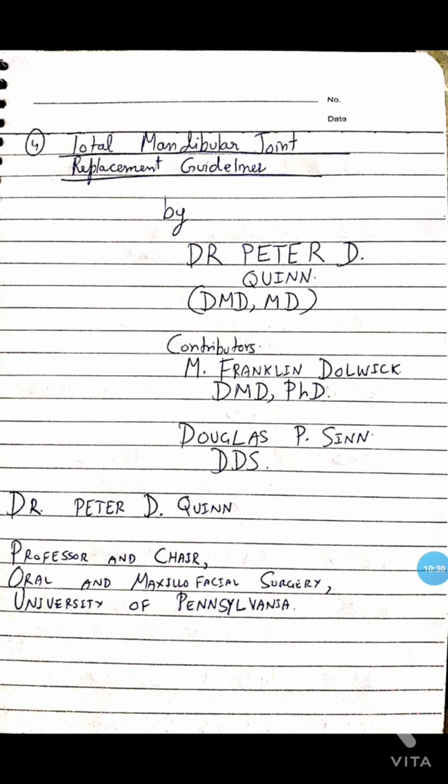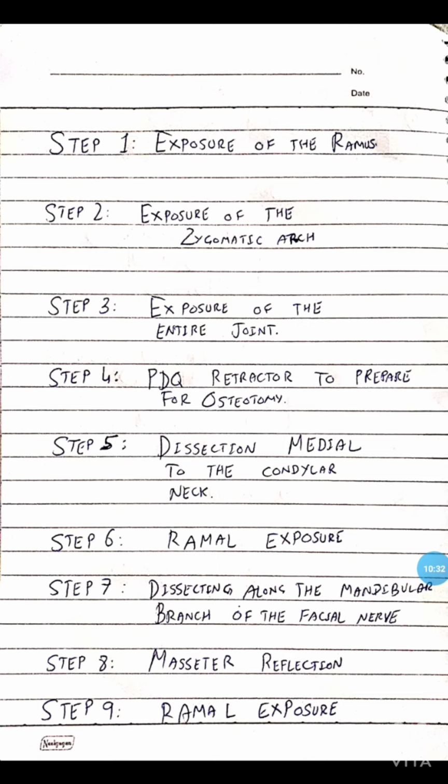They begin an osteotomy with a 1 mm fissure burr, basically to mark the sites. Then there's a T-bar osteotome to finish the osteotomy. Then the second phase of the osteotomy is carried out as a 2-step osteotomy. A reciprocating rasp is used to flatten the articular eminence, and sizing and implantation of the fossa component is then done. There is intermaxillary fixation and fitting and placement of the mandibular component, and after that the final screw is placed.